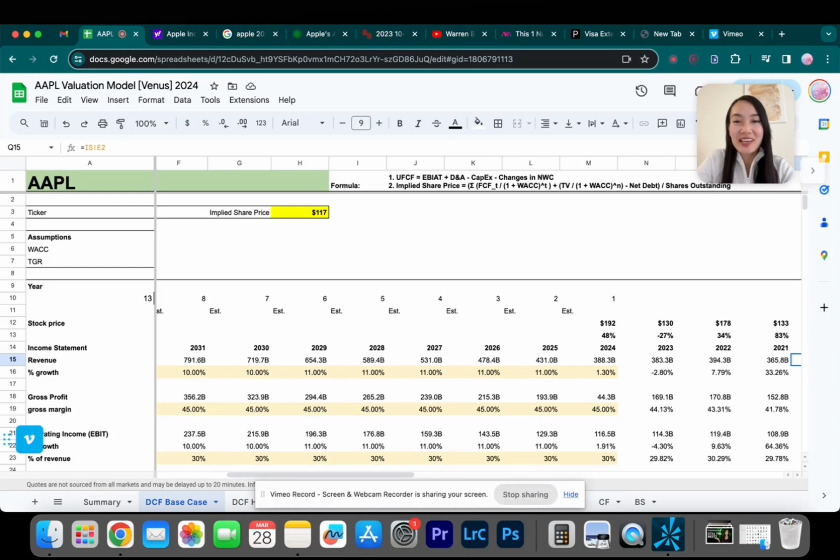Hi there. So today I'm going to be talking you through Apple's valuation using DCF and multiples valuation model. And I will also walk you through the technical analysis for Apple and some fundamental analysis for my thoughts in